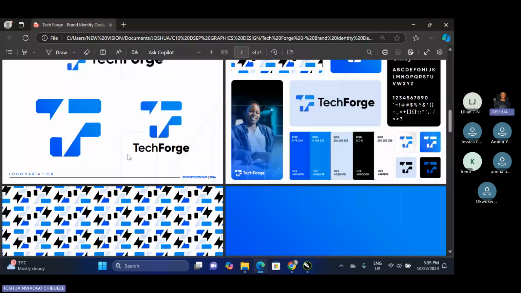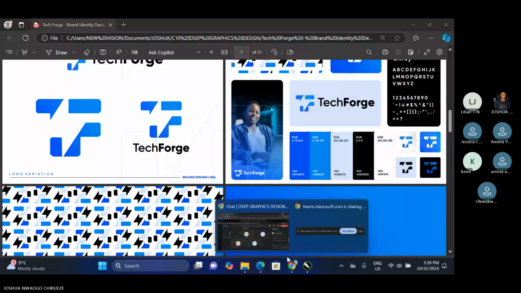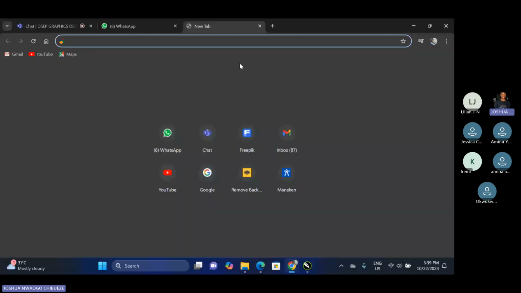All right, so let's do a little practical. We'll analyze some well-known logos and we'll get to know what makes these logos distinct. We've already talked about them. So the first logo we'll be looking at, let's say the Nike swoosh,